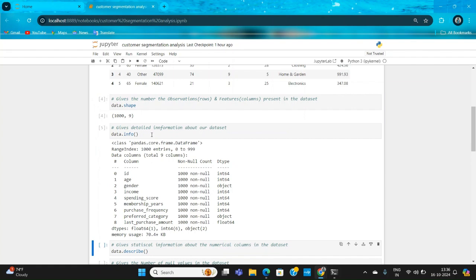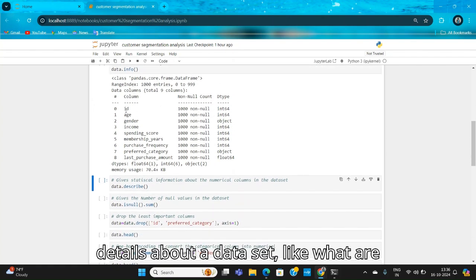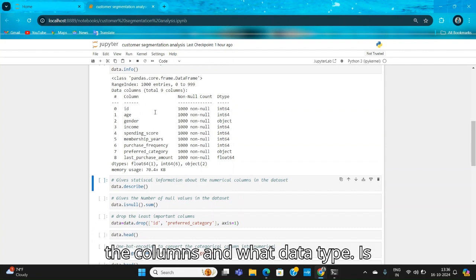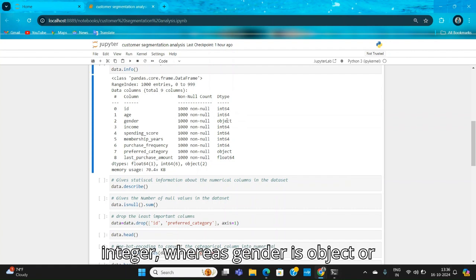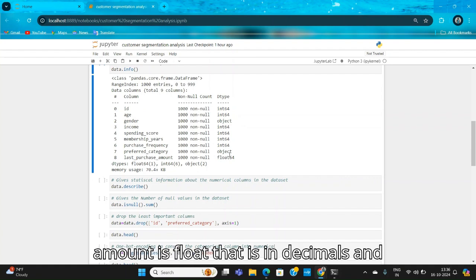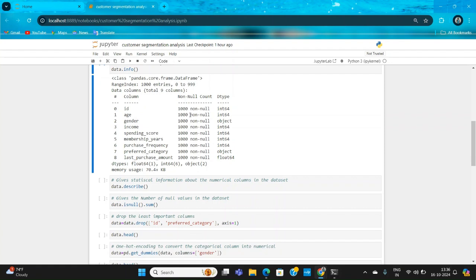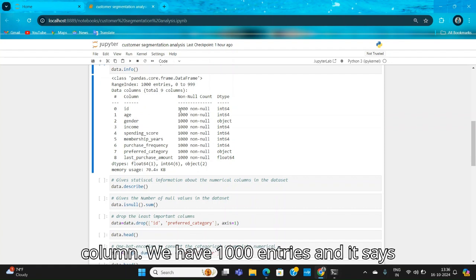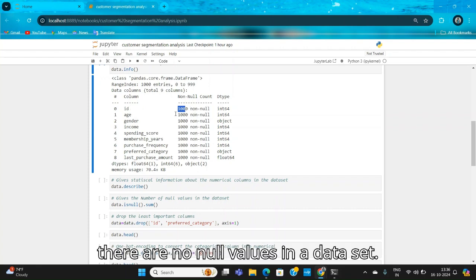Okay. Now info is going to give us details about the data set, like what the columns are and what data type is assigned to each column. For example, ID is integer, whereas gender is object or character data type, and purchase amount is float, that is, in decimals. And it also shows the null count, the null values present in each column. We have 1,000 entries and it says 1,000 non-null count,